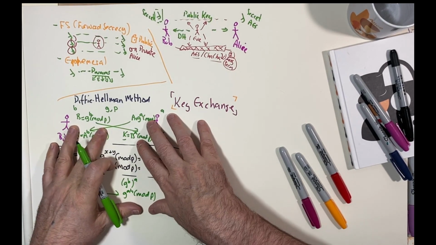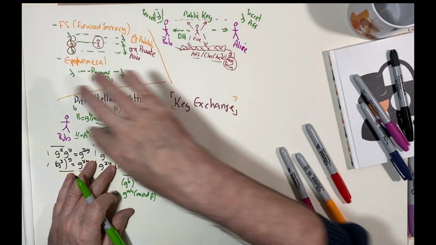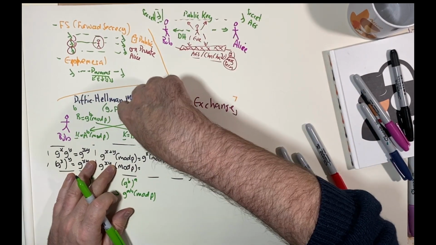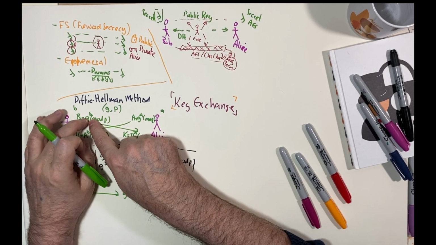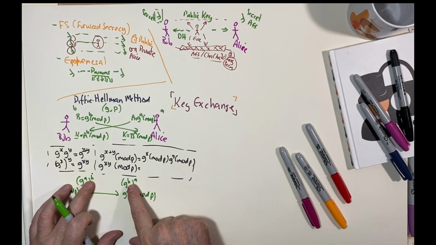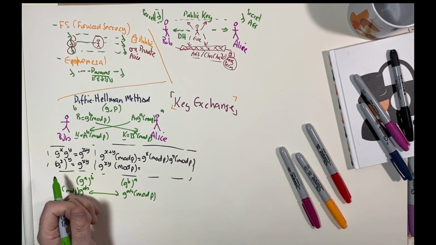So in this way, Bob and Alice can communicate openly between each other, and even though Eve is listening and she knows G and P, it shouldn't be possible, because of the discrete log difficulty, to determine the values of a and b. And only by knowing the values of a and b can you actually generate the same shared secret.